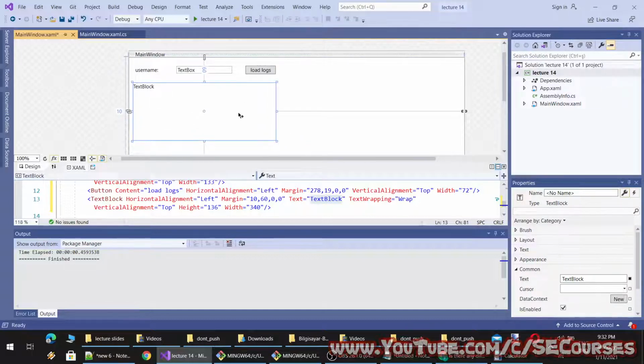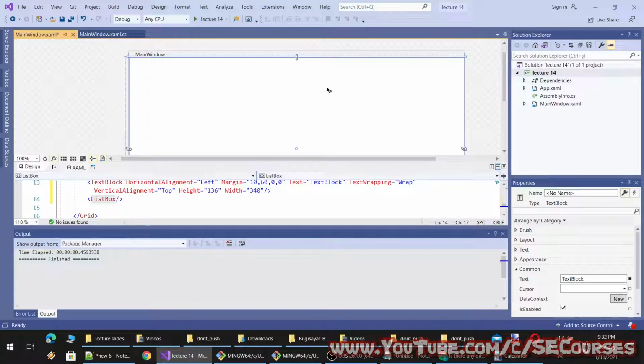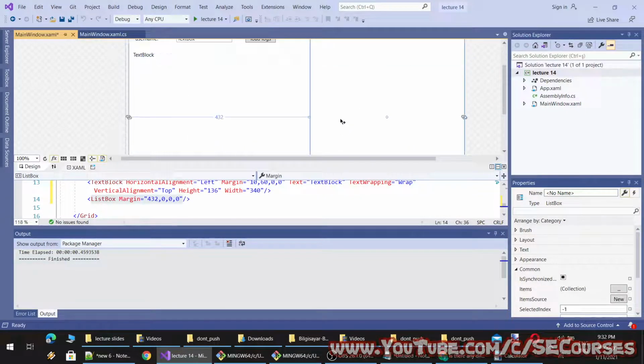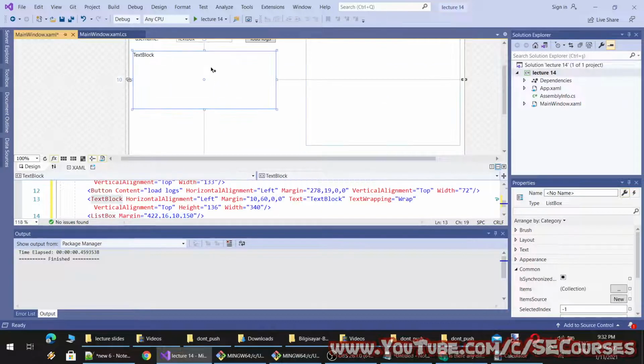So here I will take user input, and here as a list box I will display them with line numbers, with date and line numbers.